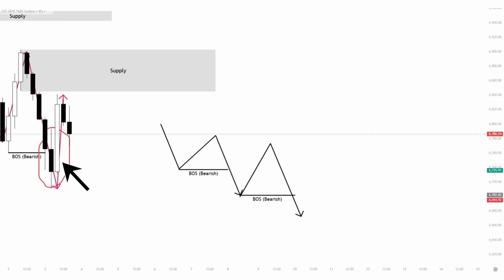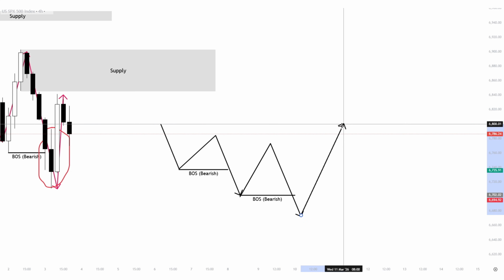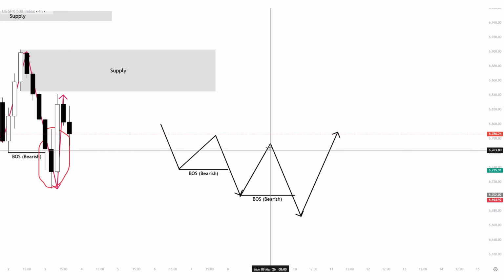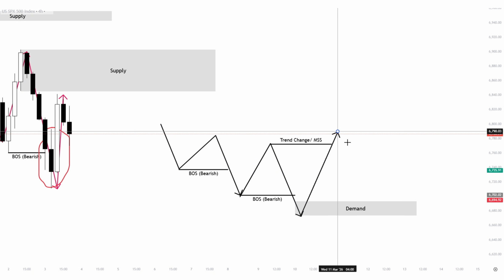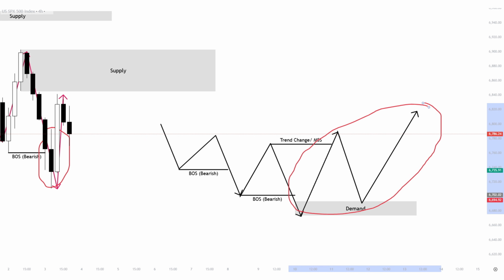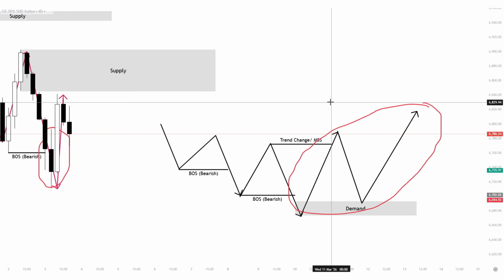This candle breaking above the last one, that should look like this on a lower time frame, having a push to the upside that first breaks above the last high. And as you know, when the market is in a downtrend and then we get the first break above the high, that's the trend change or structure shift into an uptrend. The main goal we should be looking for with this internal uptrend is to fill the supply from the 4-hour chart